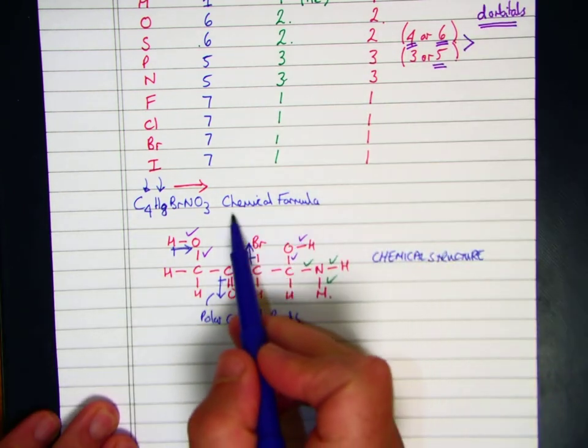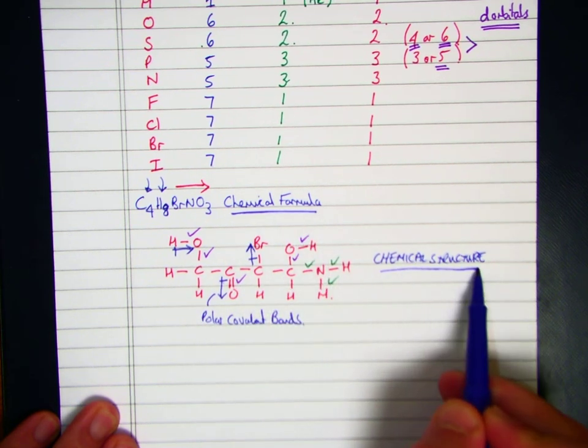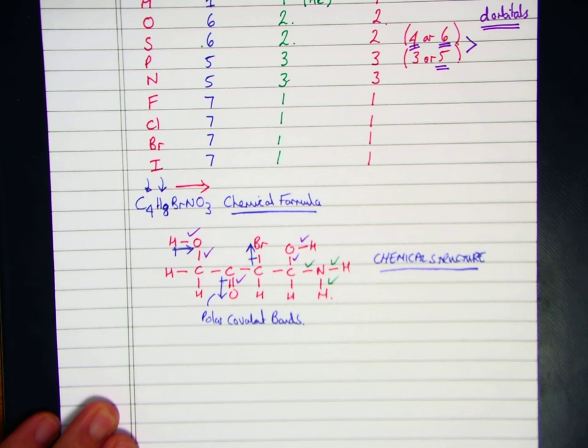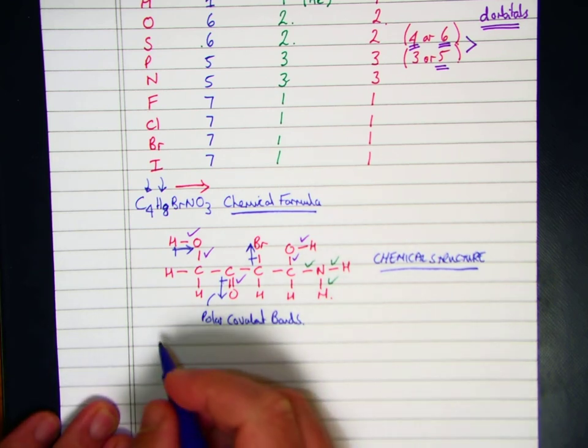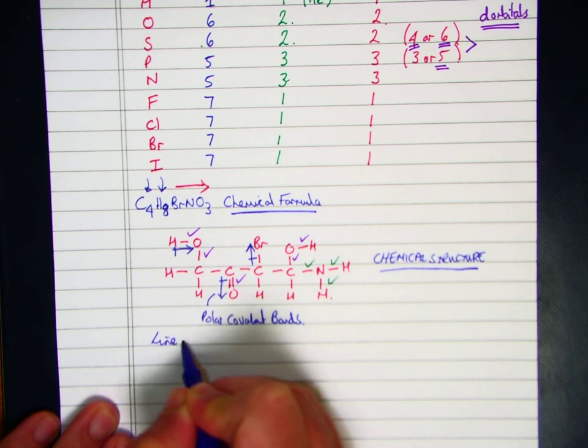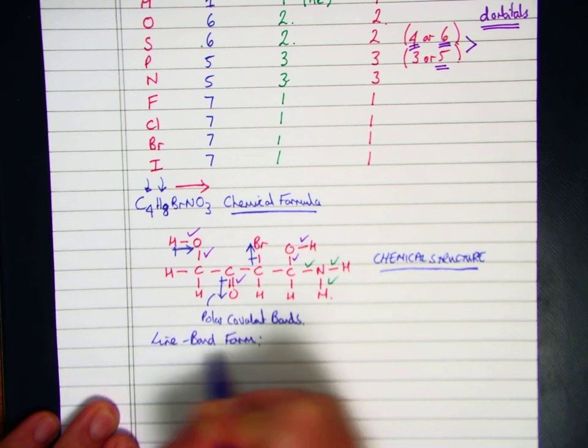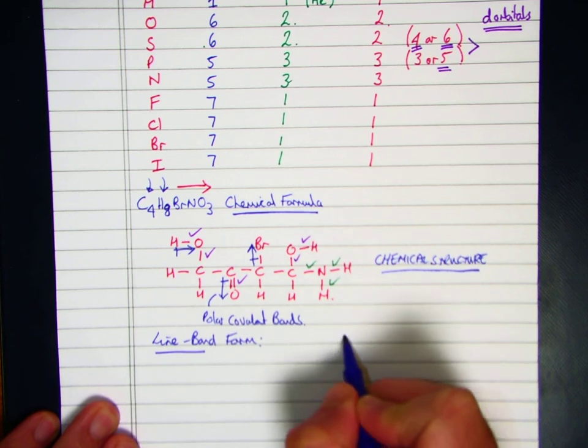We have to think about a chemical formula and chemical structure and make sure each atom has the right number of bonds. So it's just a constant counting. And so another way to look at this chemical structure is in a line bond form, which is what we're going to consistently see most of the time. And so this would look like